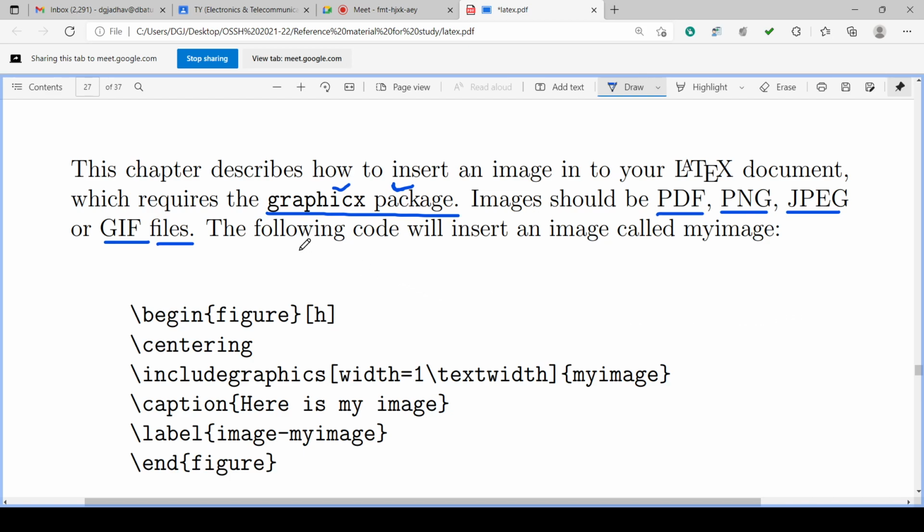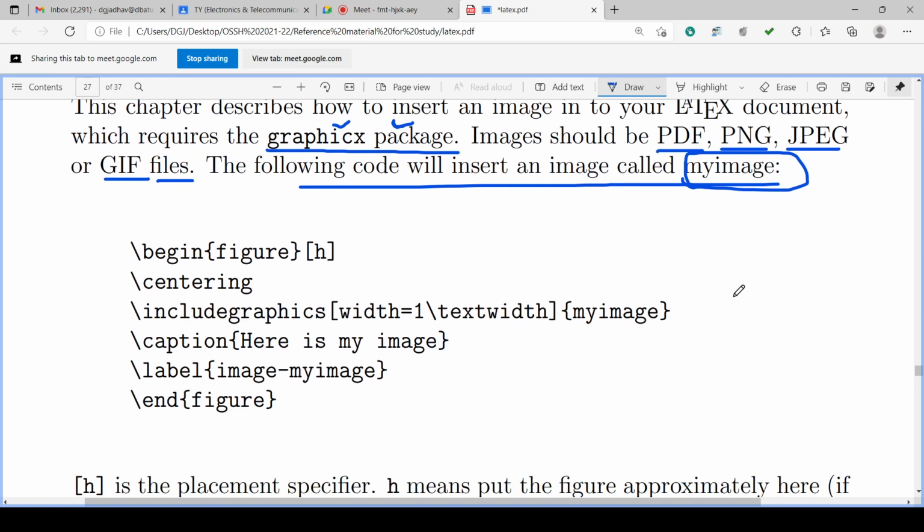One example code is given which helps to understand how to insert an image. Suppose my image is the name of the image file, MYIMAGE. This file may be PDF, PNG, JPEG or GIF.